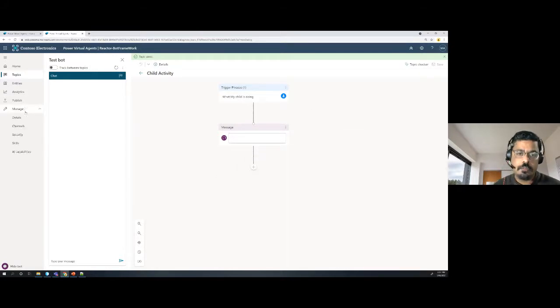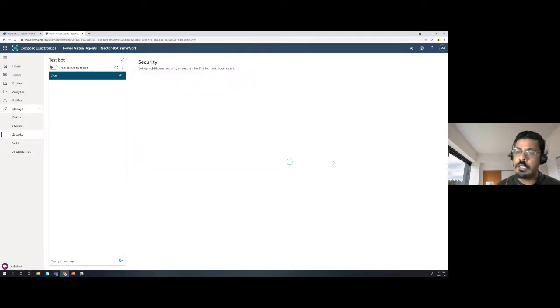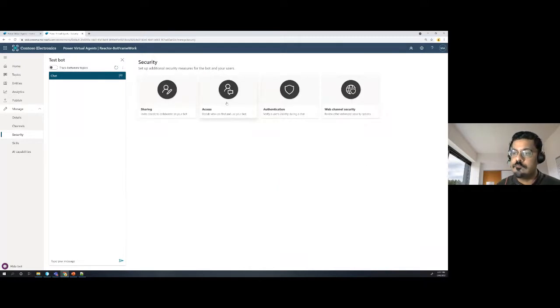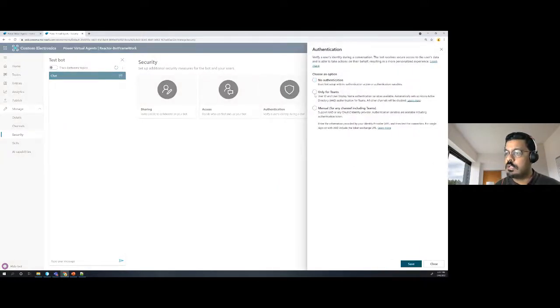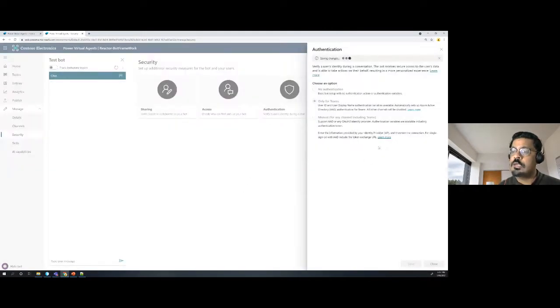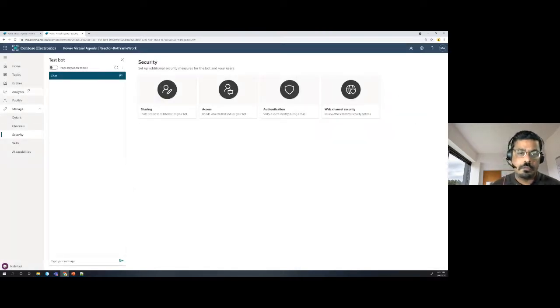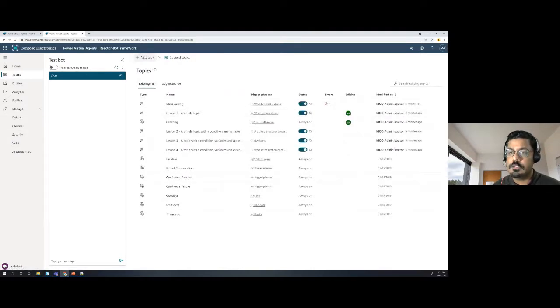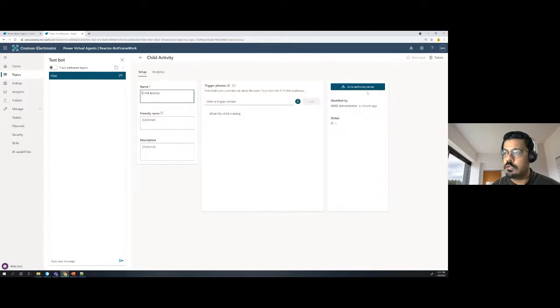Okay. Before that, what I will do is I will go into my security and then I'll just do the authentication for the Teams. So what I will do is I will take the sign in username and sign in person details, and then I'm going to pass them to my Power Automate. So topics, and then yes, so I'll just say new topic. I already have this one, and